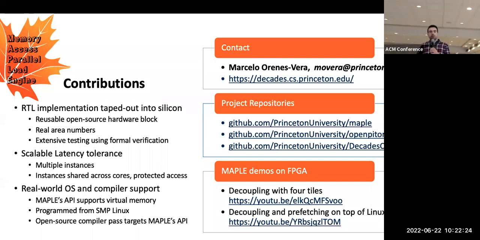So you said you've integrated an MMU into this Maple accelerator. So how do you make sure that the MMU, like the TLB, is up to date, and how do you do invalidations? Because obviously you're getting a translation and then filling buffers using the translation. So you then invalidate the translation. What happens to all the data you've already filled in the buffer?